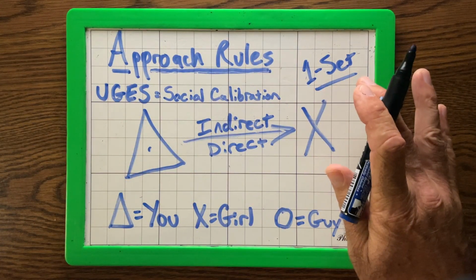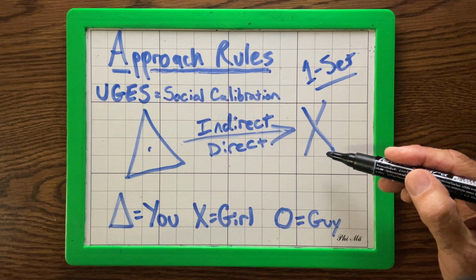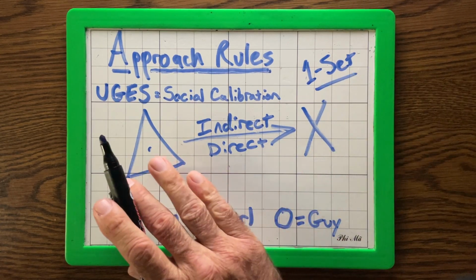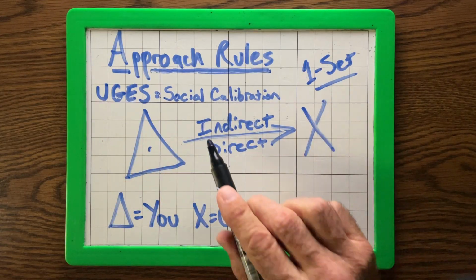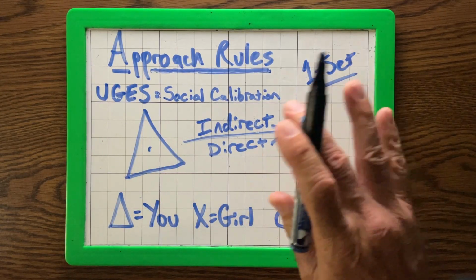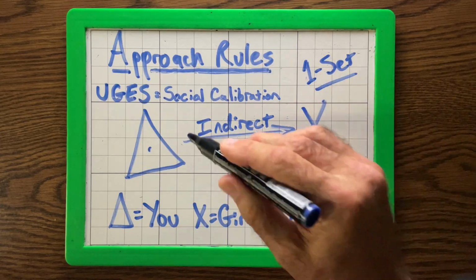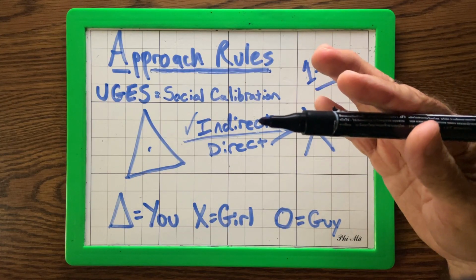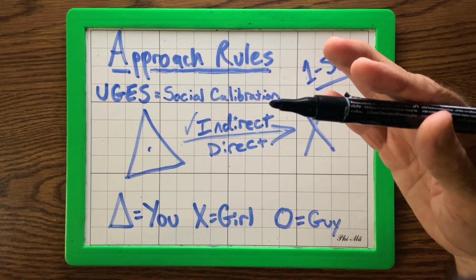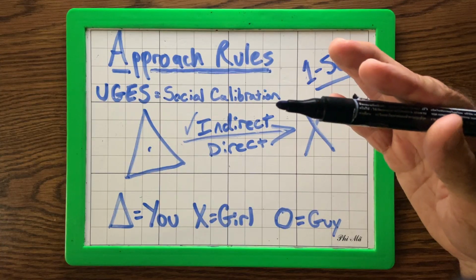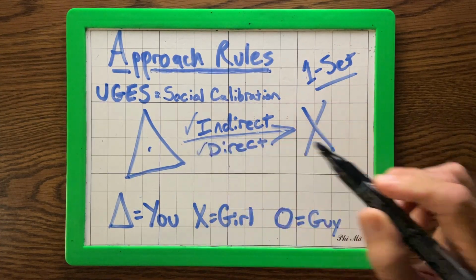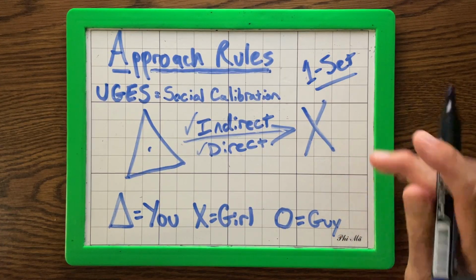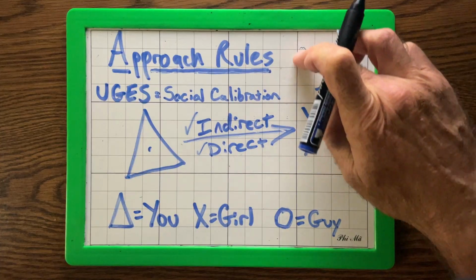Looking at our diagram, you'll notice that there's one X. We call that a one set, a lone girl. So, for our verbal cold approach, can we do an indirect method where we show minimal interest off the open? Sure. Can we do a direct approach where we immediately show an intent, a man-to-woman intent that we like her or are interested in her? Sure. Either one can go if it's a one set. Okay, simple enough. Let's make it a little more complicated.